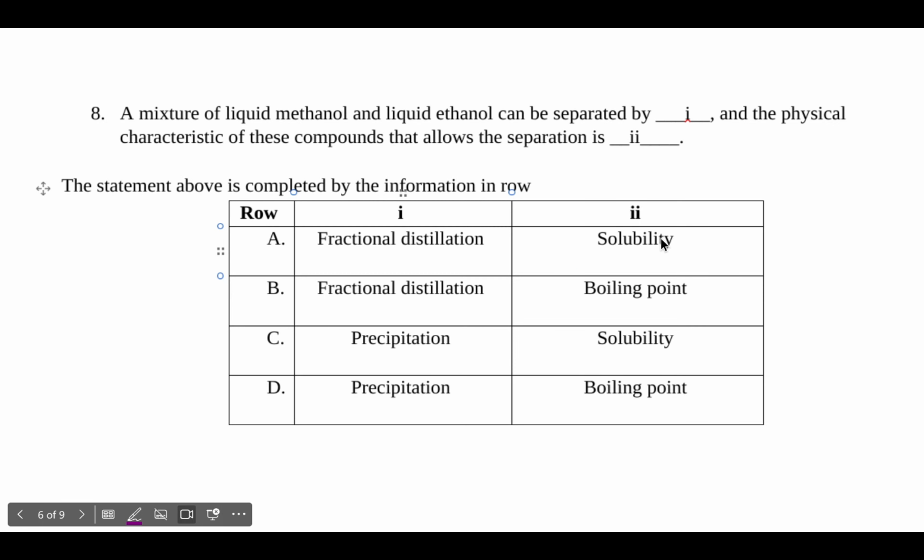Number 8, a mixture of liquid methanol and liquid ethanol can be separated by blank, and the physical characteristic of these compounds that allows the separation is blank. So this is showing that we know fractional distillation. So it wouldn't be precipitation because that would mean a solid is forming, and that is not how we would